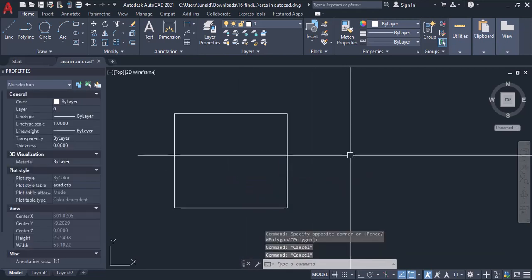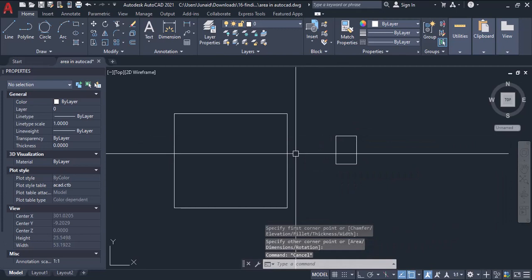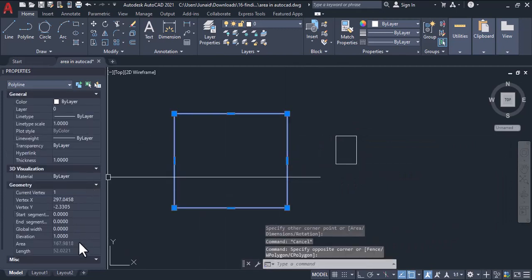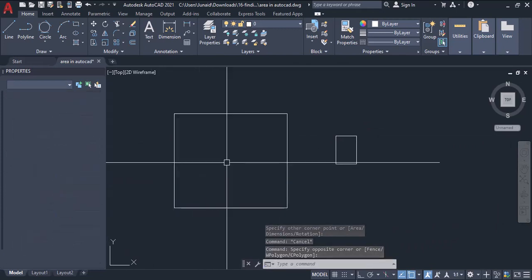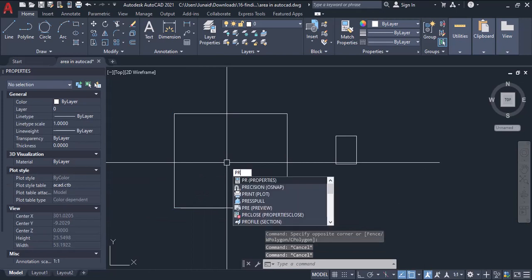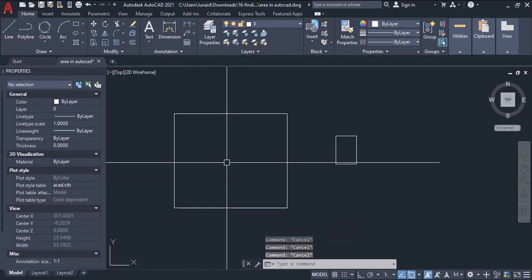You just select the object, any object you have, you just select it and you will see the area in the property tab. The property tab can be shown with the PR,